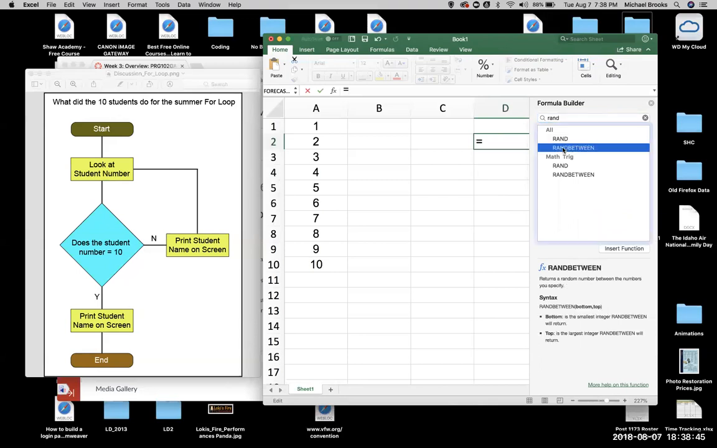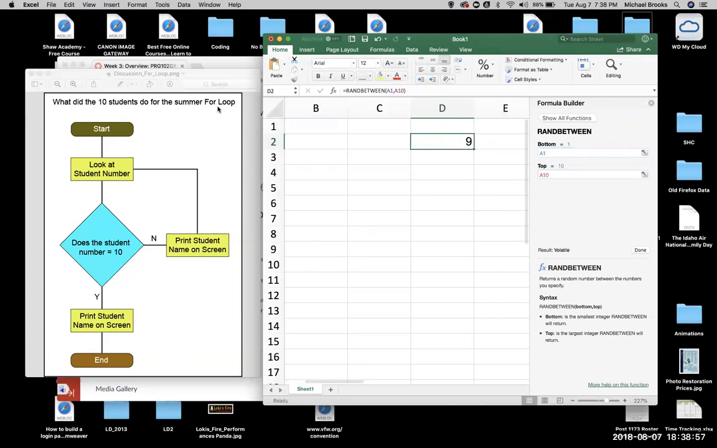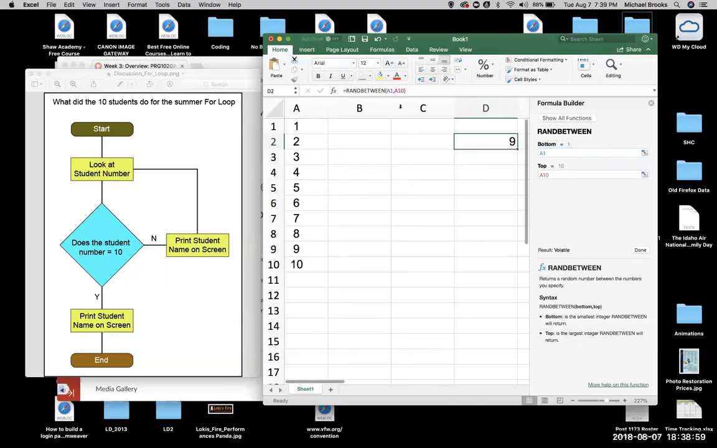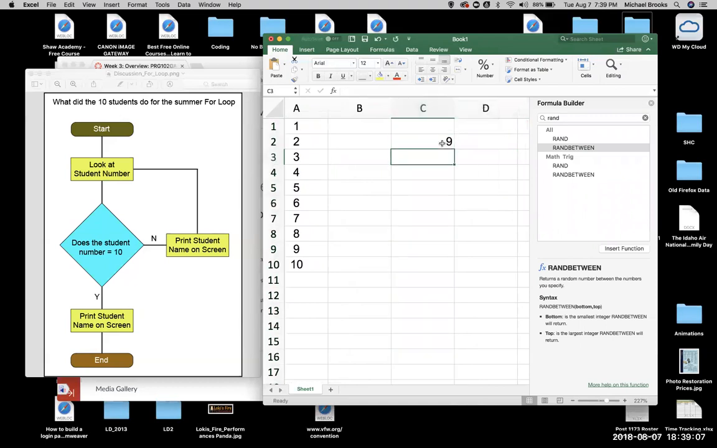Random between. So we're going to do a random number between. Bottom number, 1. Top number, 10. All right, so it gave us a 9, right? Here, let's take this one out. There we go. So that gave us a 9. Now we enter it again. 2. Okay, so now, based on that, so what I'm going to do,